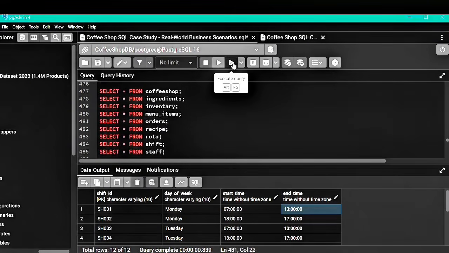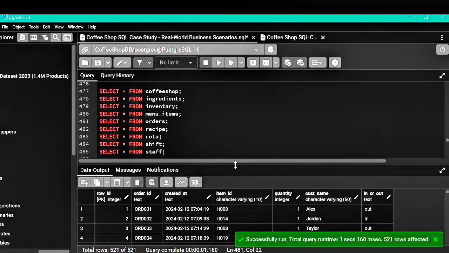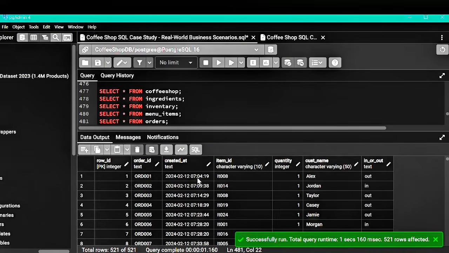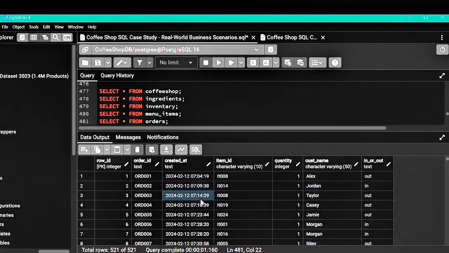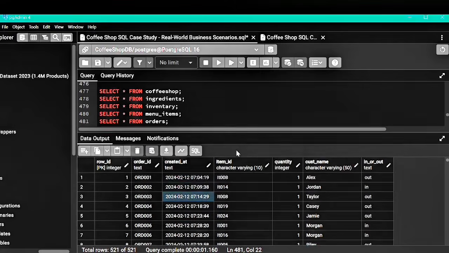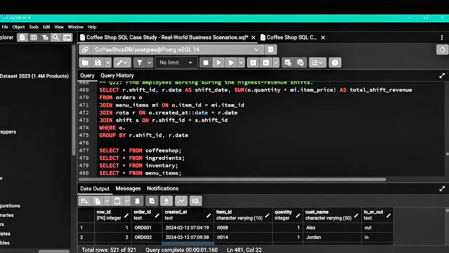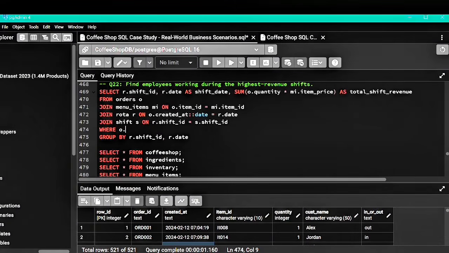If you look at the orders table we have the created column. We will extract time from it. For that we'll use two colons and the time keyword. So we will write orders.created::time between shift.start_time and